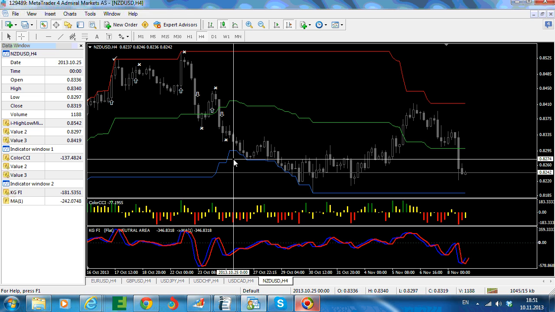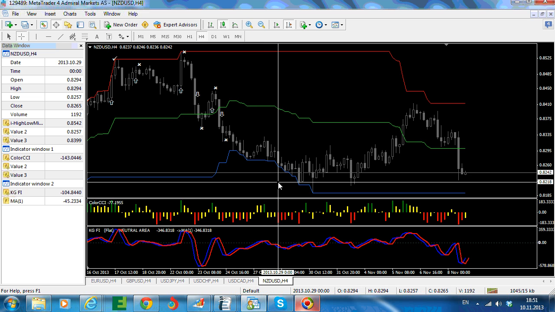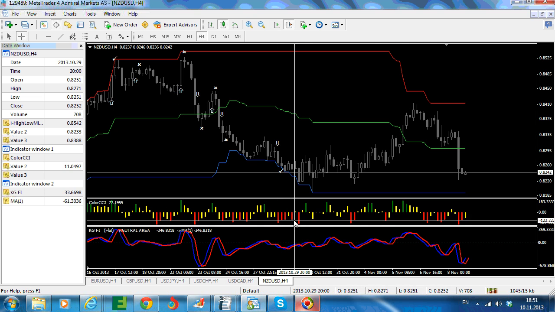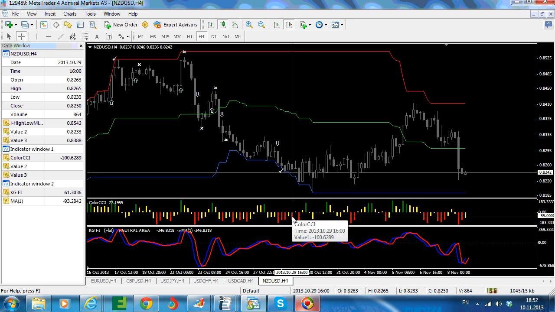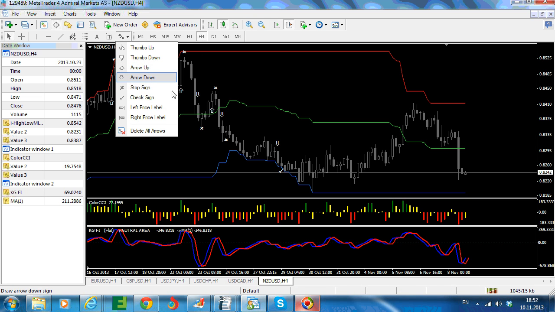This is a valid signal to the downside, but the moving average is not confirming. So moving on. This one not confirmed by the moving average. This one is confirmed by the moving average. So basically, we should buy puts there with a successful trade for the 4-hour chart. Then this one here is not confirmed by the moving average. This one there is confirmed, so basically we should buy puts here,